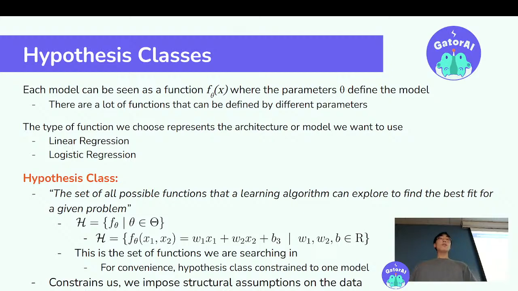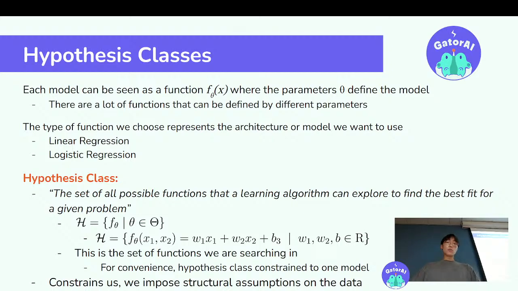So you guys remember from our previous lecture, we defined a housing price estimator or predictor, right? Where it took in two features, the square footage of the house and something else that I forgot. And it basically maps it with some weights and gives you the price of the house back, right? So for us in that housing price estimator, our hypothesis class would be the set of functions f theta of x1, x2, right? And it takes them in and has those outputs, where our weights, which is theta, is an element of the real numbers. So you can see how we got our hypothesis class pretty easily for our housing estimator from the last lecture, right? So this is the set of functions we're searching in.